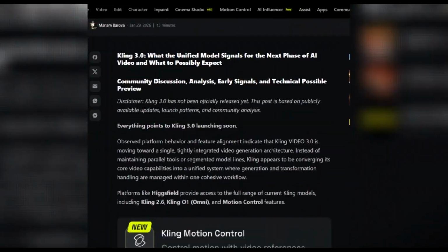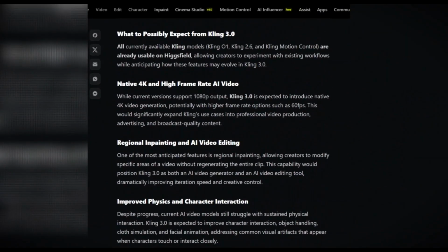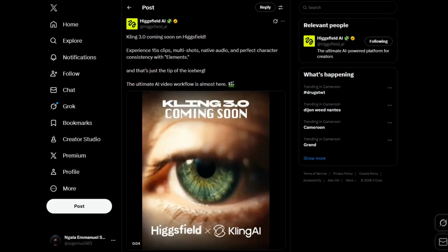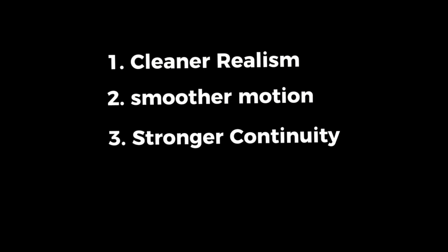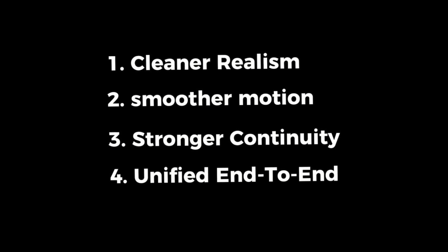Right now, we don't have finalized specs, and that's important to say clearly. Everything discussed here comes from public signals, Higgsfield's prediction blog, and community discussions across Twitter and Reddit. These are expectations, not confirmed guarantees. What is clear is the direction: cleaner realism, smoother motion, stronger continuity between shots, and a more unified end-to-end experience